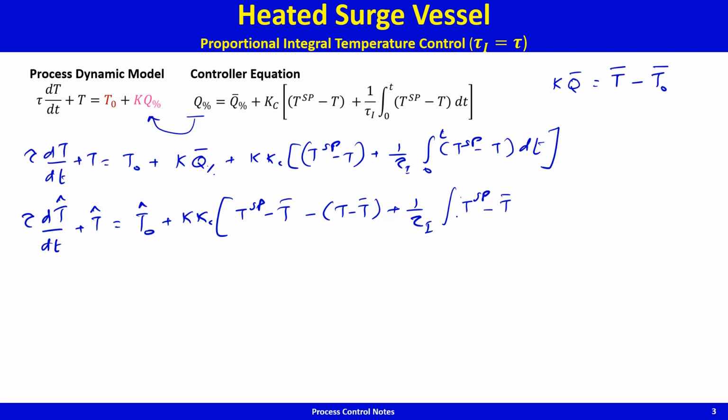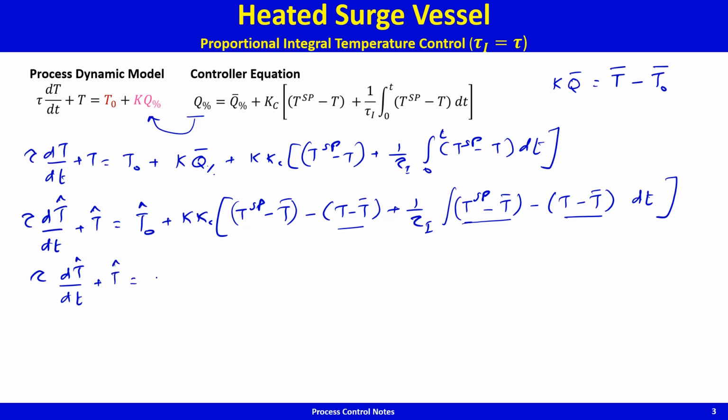So subtract T bar, add T bar. And so what this gives is, this is the T set point deviation, and that's again T deviation, T set point deviation, T deviation. So what we get in terms of deviation variables then is tau dT hat by dt